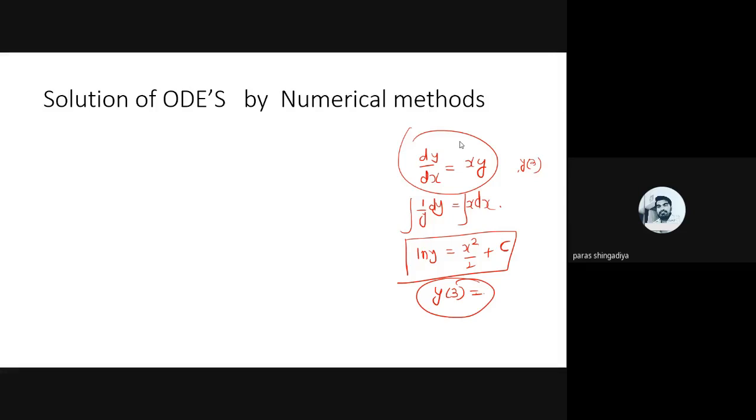So here we consider the formation of the equation. The first order equation should be in the form dy by dx is equal to f of xy. We consider dy by dx as the subject, and then we modify this term if required, and we call it f of xy, which involves the two variables, with the initial condition given.